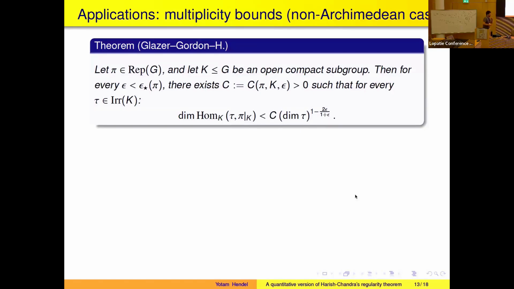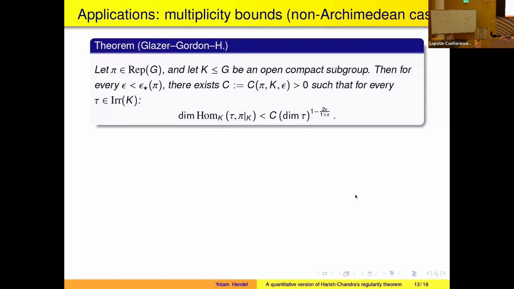So we can give some applications. Firstly, focusing on the p-adic case, we can show bounds on multiplicities of irreducible representations in restrictions to open compacts. So if pi is any smooth representation of G, and K is an open compact subgroup,